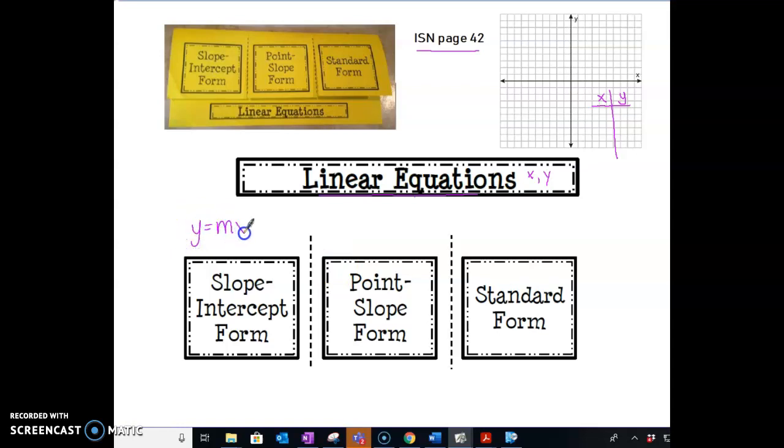It looks like y equals mx plus b. We've been working with this a lot, where m is slope and b is the y-intercept. A point-slope form of a line looks like this. Y, there's your variable y, minus y1 equals